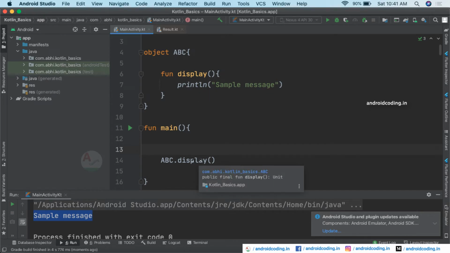So I think you are going to remember a concept here called singleton. So in Java we used to have a concept called singleton, where we used to create an object once and we used to make use of it multiple times throughout the application. So you might have a question like, what is the use of the object class, or what is the use of a singleton concept? Why?